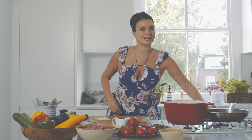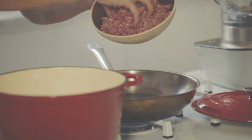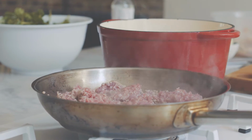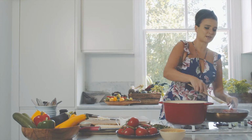And in the meantime, we're going to get on and cook our Welsh lamb. So we're using Welsh lamb here. It's famously some of the best in the world. Hot pan, 1 tablespoon of oil, and we're looking for that sizzle. Some salt. Mash that